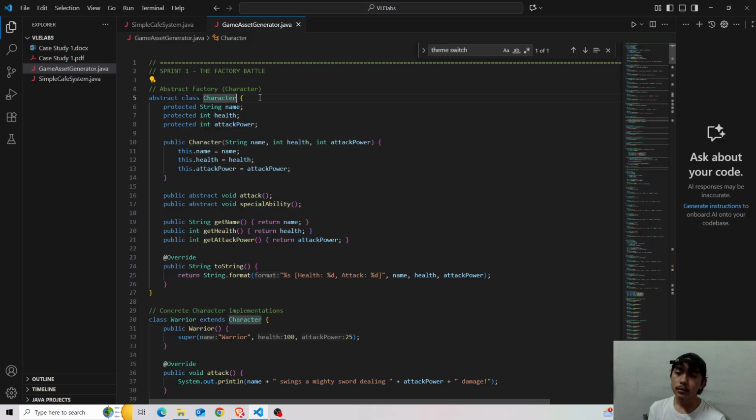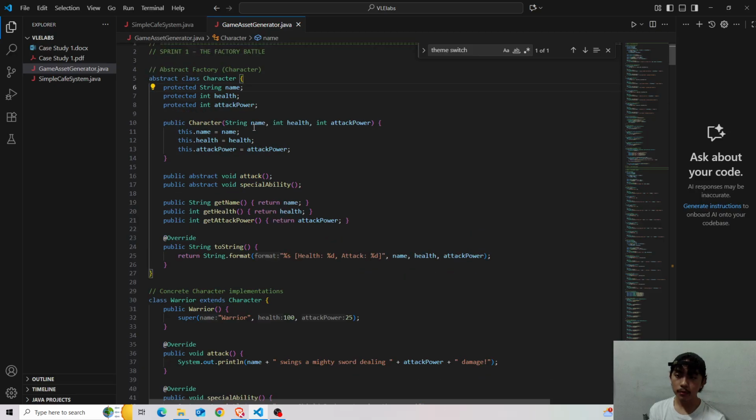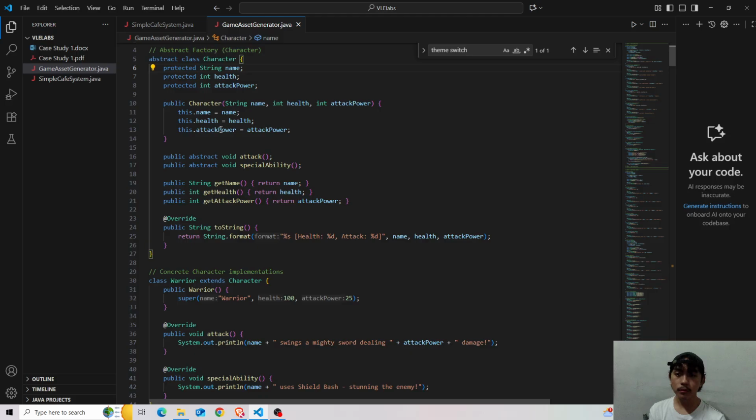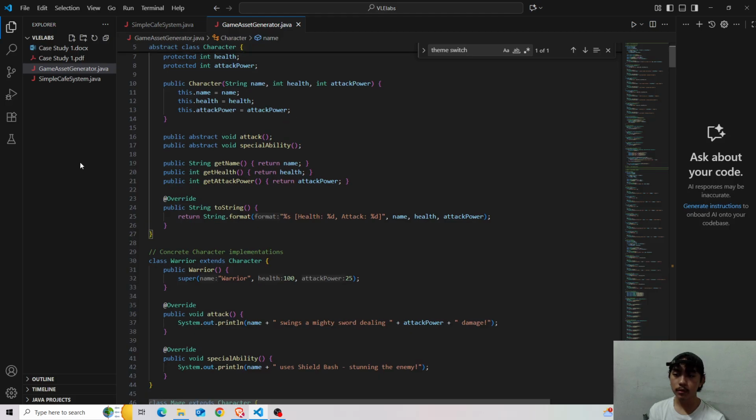So first, for our abstract factory, we have the character, string name, health, attack power, both int. And then for the constructor, we have string name, health, and attack power.